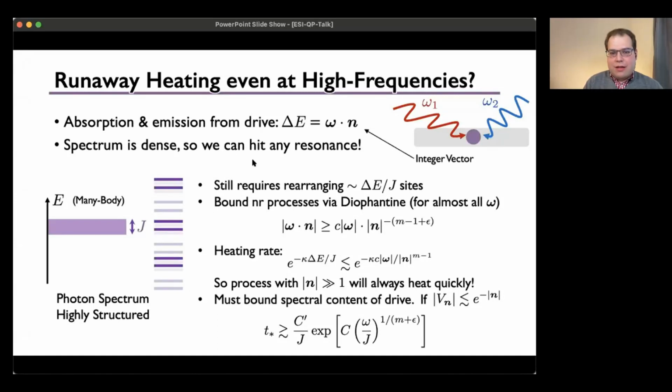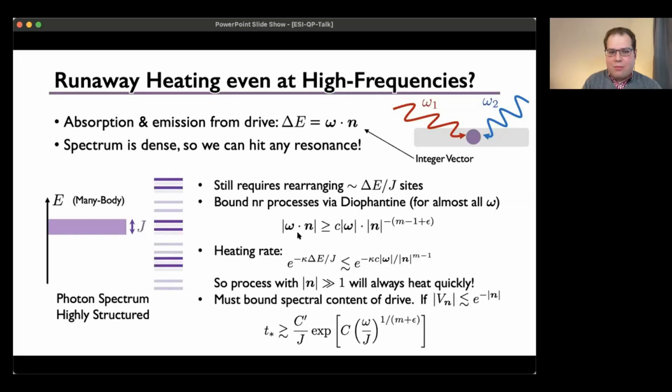But now what's different is that we need to bound the number of different processes of absorbing and emitting different photons that can actually give us this delta E rearrangement. And that bound comes from a Diophantine-like equation, which you can very loosely think of as some sort of density of states argument, where for almost all frequency vectors, omega, there's some relationship between the number of n